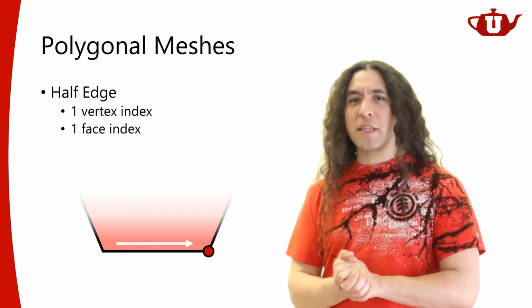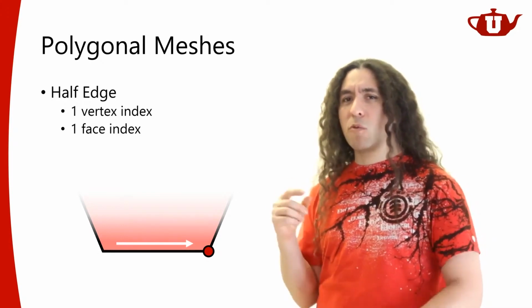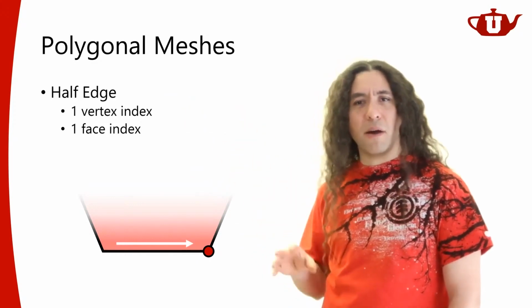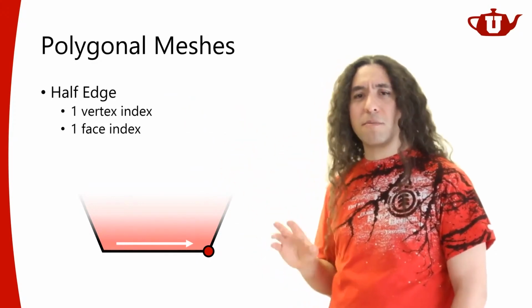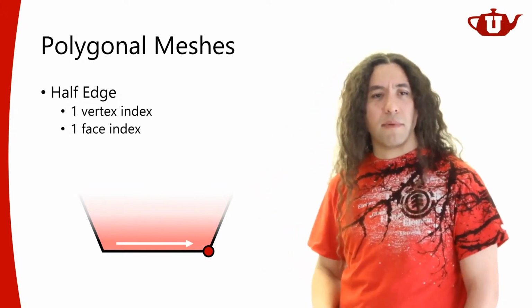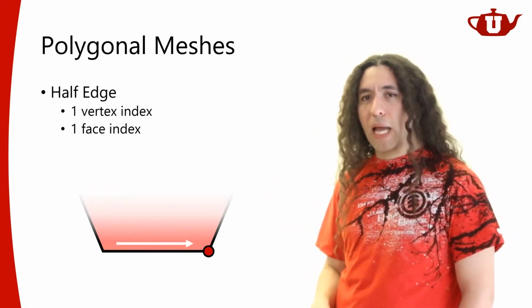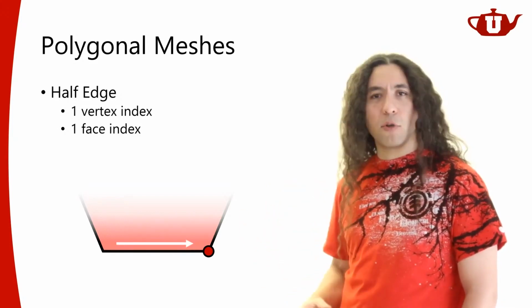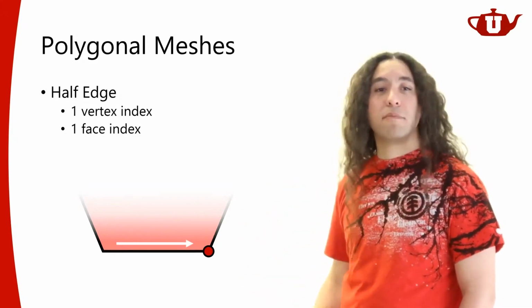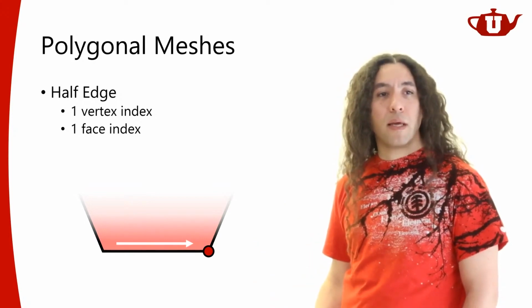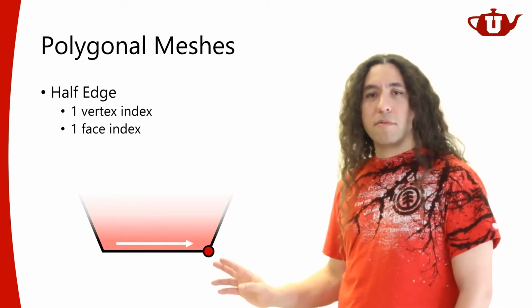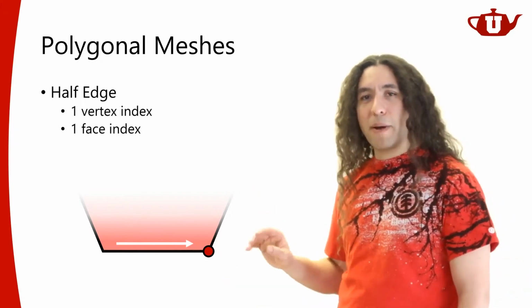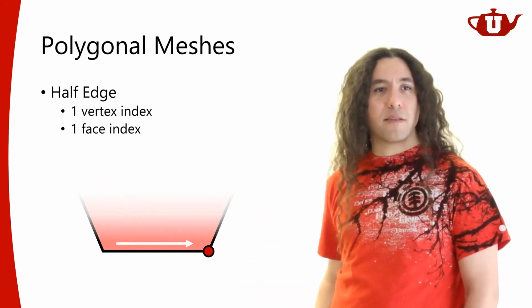Although that's not strictly required, because there are ways to construct this from a pure half-edge structure or a winged edge structure, it's typical to store a list of polygons as well. And for certain algorithms that walk over the mesh, you may need to store the edges as well. All right. And we're going to talk about more of this next time in a bit more detail. Not about edges, but the list of faces and list of vertices.